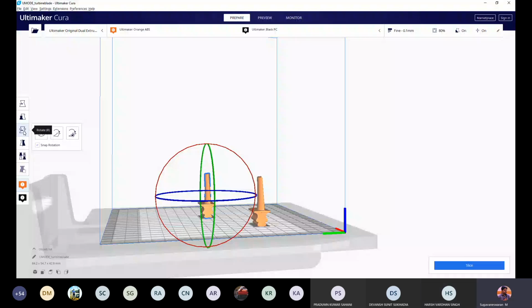Yes, sir. So once you select rotate, you can use this for doing a rotation, or simply you can click any one of the circles. If you click the red circle, it gives rotation about the red axis. You can see the axis at the corner. The green circle will give rotation about this axis. So I have selected the green circle. Select the green circle. Then you tilt.